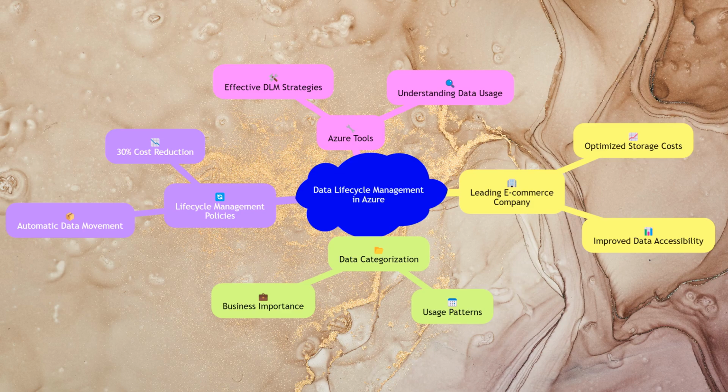A leading e-commerce company successfully implemented data lifecycle management in Azure to optimize their storage costs and improve data accessibility. By categorizing their data based on usage patterns and business importance, they created lifecycle management policies that automatically move data between different storage tiers. This automation reduced their storage costs by 30% and ensured that critical data remained accessible for business operations. The case study highlights the importance of understanding data usage patterns and leveraging Azure's tools to implement effective